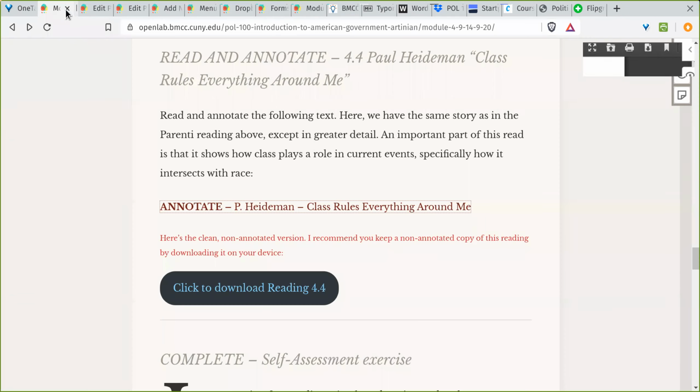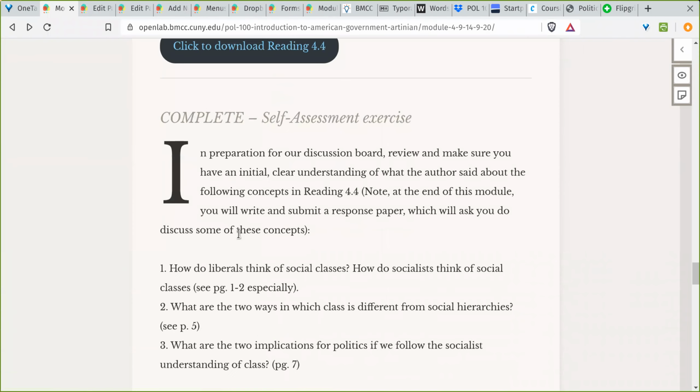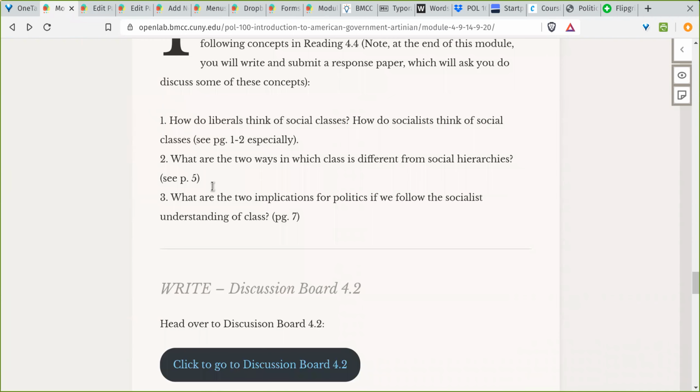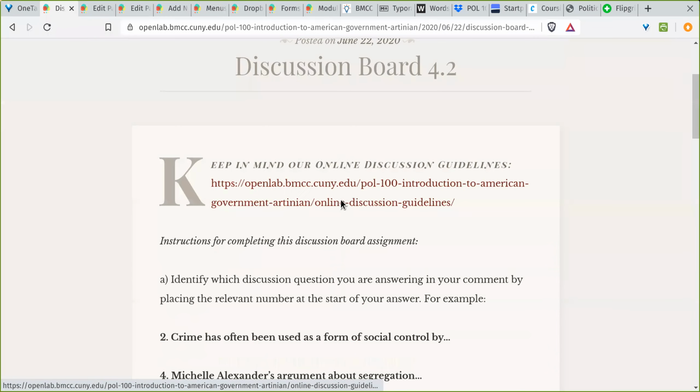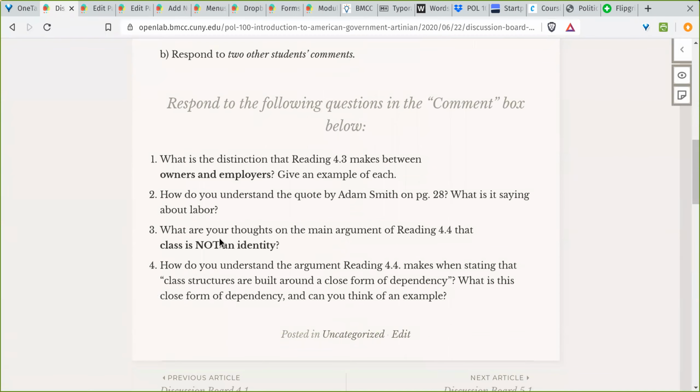Okay, so after you go through this reading, self-assessment, think about the following three questions, and I give you page numbers to focus your study. Then we go to our discussion board for this module, for this lesson, 4.2. Here we have 4 questions. Question 1, what is the difference between owners and employers? I already started making that distinction, but in your comments,